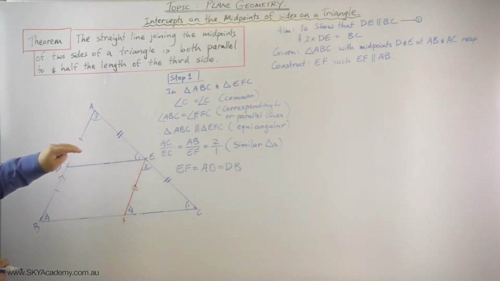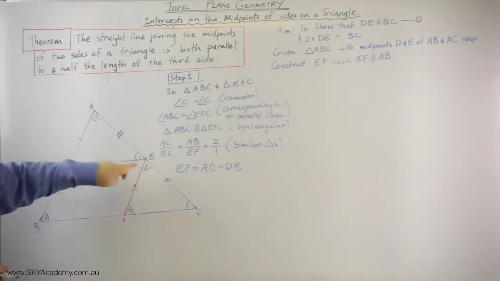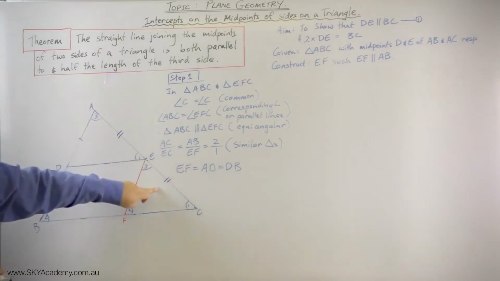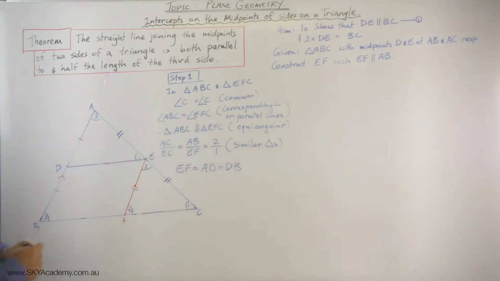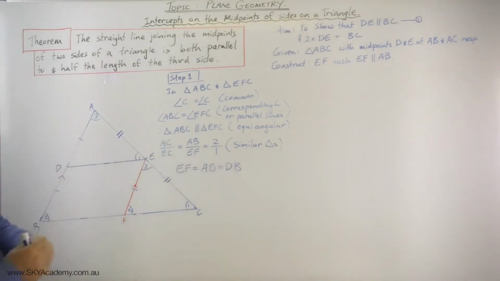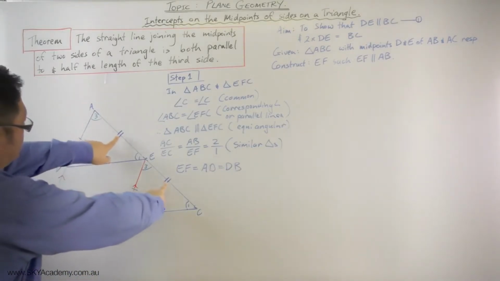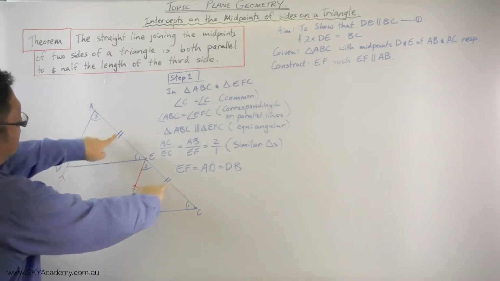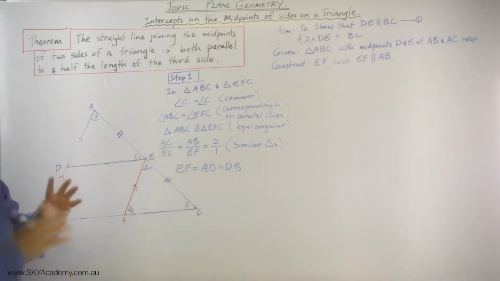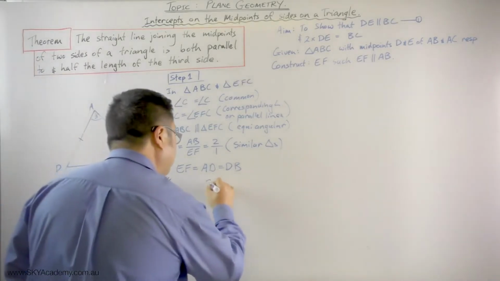Now what we're going to do is step 2 of the proof, which is to show that these two triangles here are going to be congruent. And we can do that basically using SAS, right? Or AAS as well, okay? But SAS is probably the one that we're going to use, and we're going to show that these two pairs of sides are equal, and the included angle is also equal, therefore they're congruent, okay? So step 2